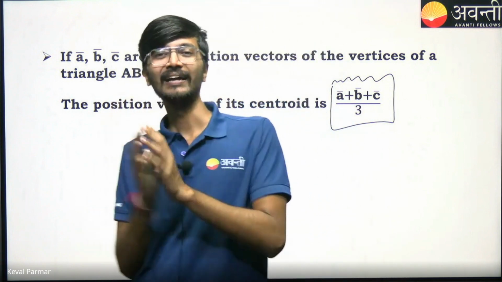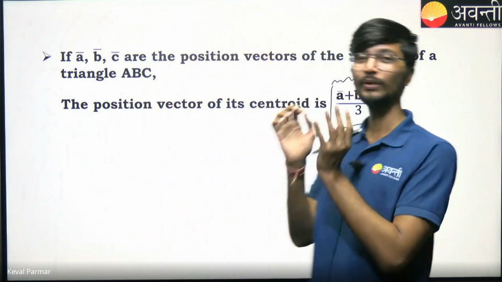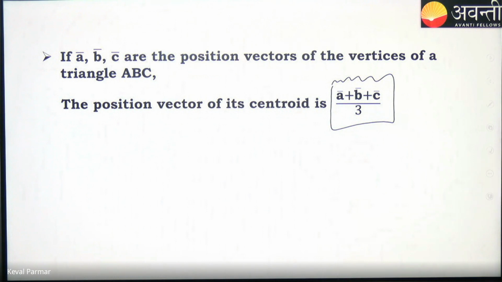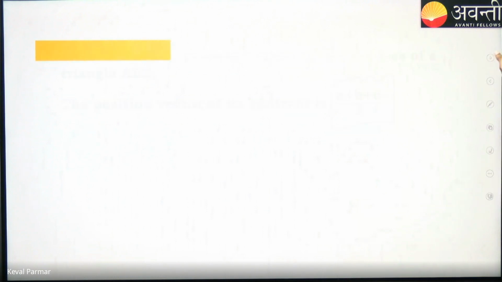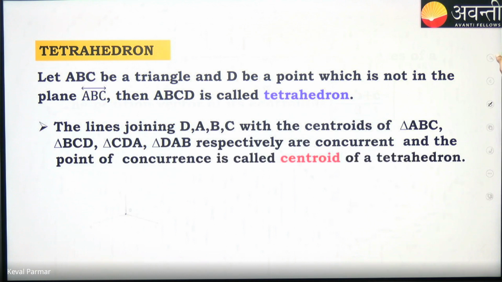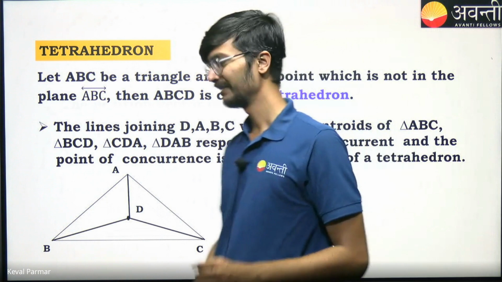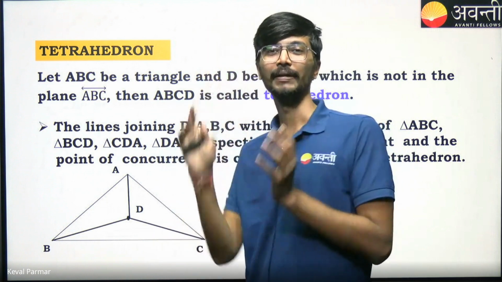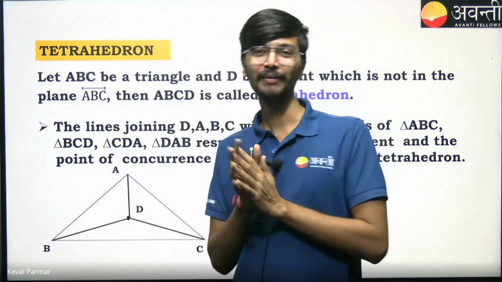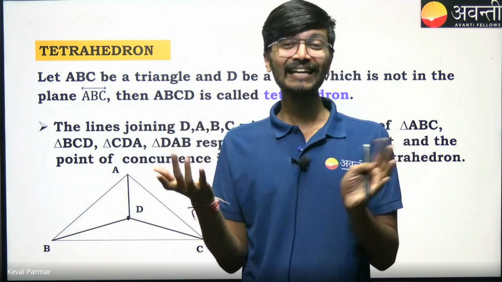Let me say triangle. Triangle के बाद in 3D we have a figure which is known as tetrahedron. I hope you know what is tetrahedron. Tetrahedron is a 4. This figure is a tetrahedron. Here, basically triangular pyramid. We all know the pyramid. Pyramid is basically famous in Egypt, right? They make the pyramid with